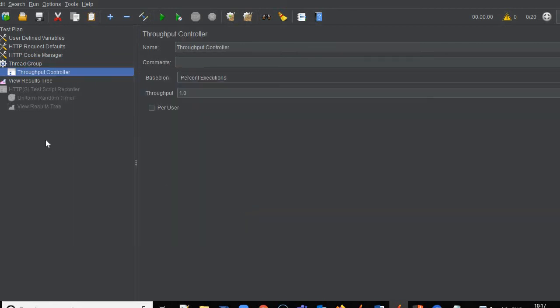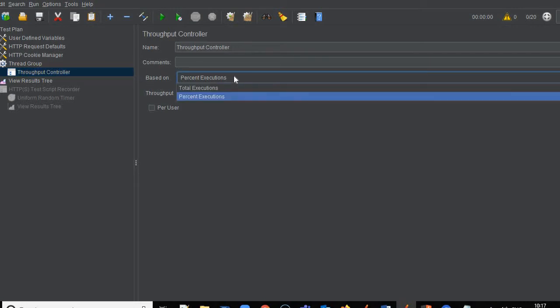Let's first understand what a throughput controller is and what options there are. Don't go with the name, because it does not tell us anything about how much data; don't misunderstand the name. We have two ways based upon which we can perform our workload modeling in throughput controller.